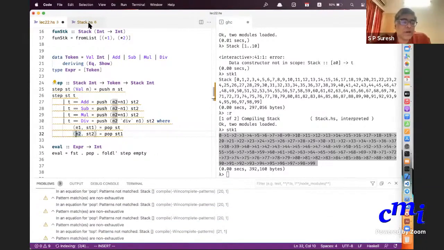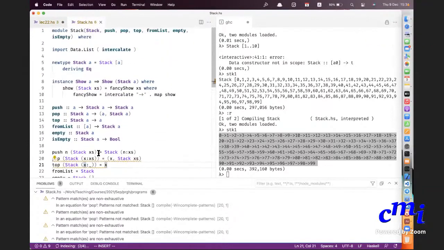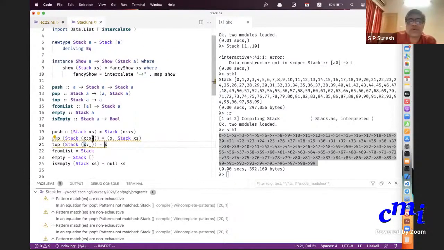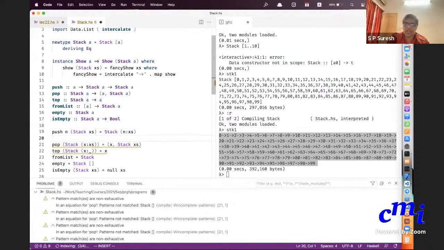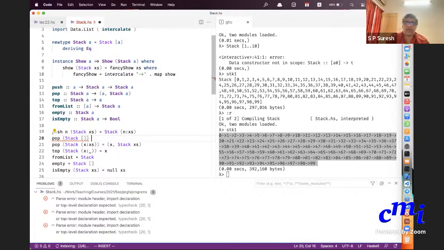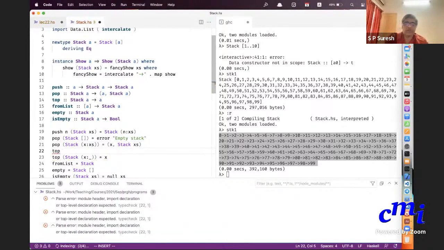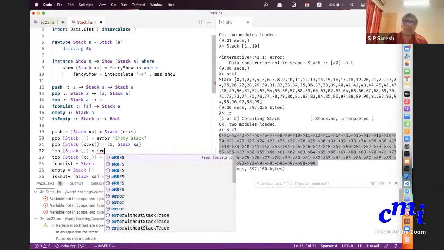Of course it should complain here. See, the point is that I'm only doing it for stack x:xs, not for stack empty. What I should actually be saying, but I don't want to do it inside a library, is that pop of stack empty should be error. Now it won't complain. But you have to tell users of the module that they should never apply it. Oh no, you needn't even tell them. When they do it, they'll get an error.